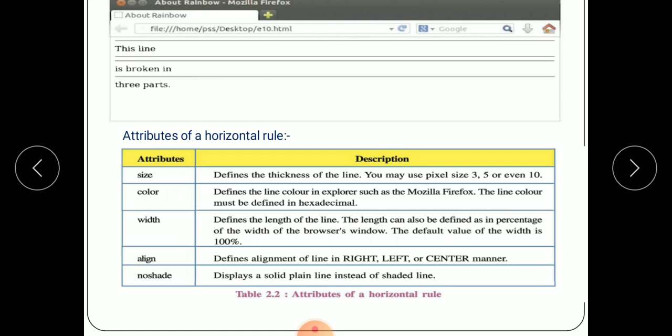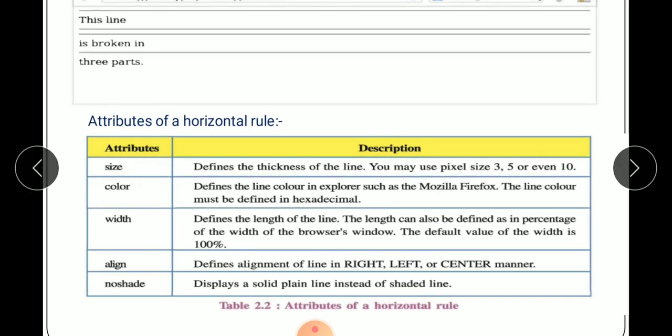Then width. If you want to set the width of the rule, you can use the width attribute. It defines the length of the line, and the length can also be defined as a percentage of the width of the browser window. The default value of the width is 100%. Align defines the alignment of the line: right, left, center.